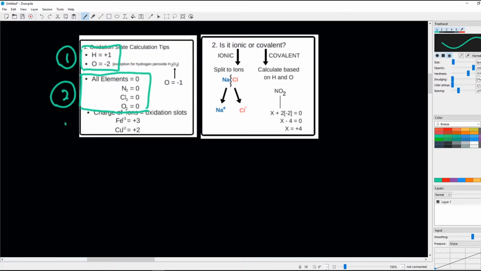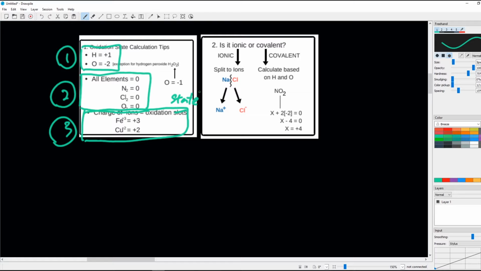And rule number 3 is anything that is related to ions. This is not slots, this is states, oxidation states. The oxidation state of something equals its charge. So if you can see here, iron is 3+, so the oxidation state is +3. Copper is 2+, so the oxidation state is +2. So those will be the rules for us to